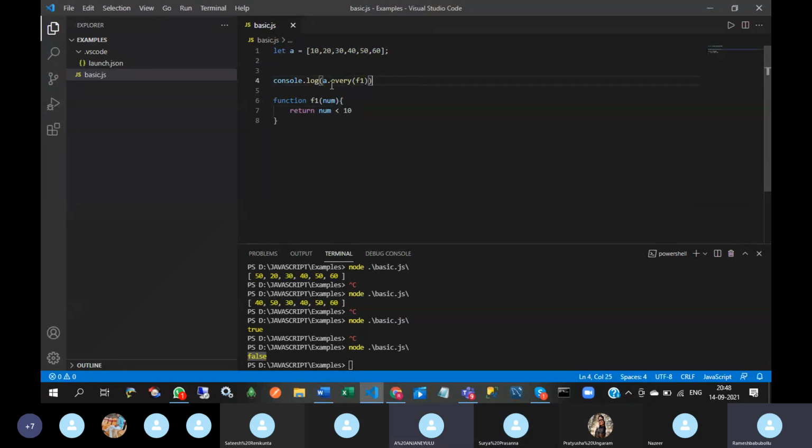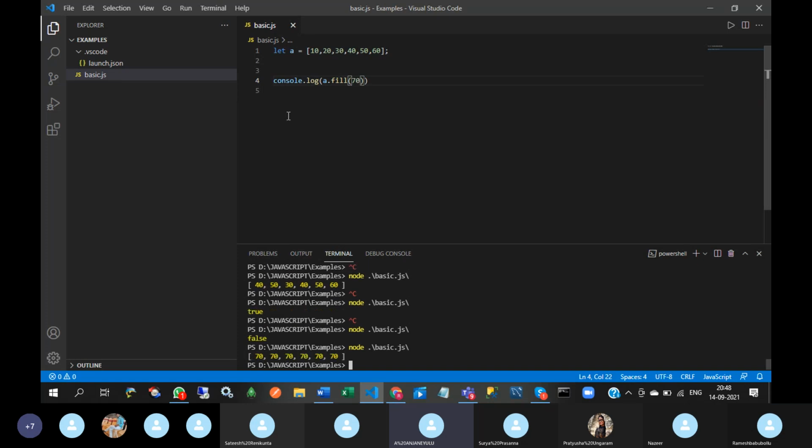Next, fill. Give me the definition. Fill. So see this output and tell me in the terminal.